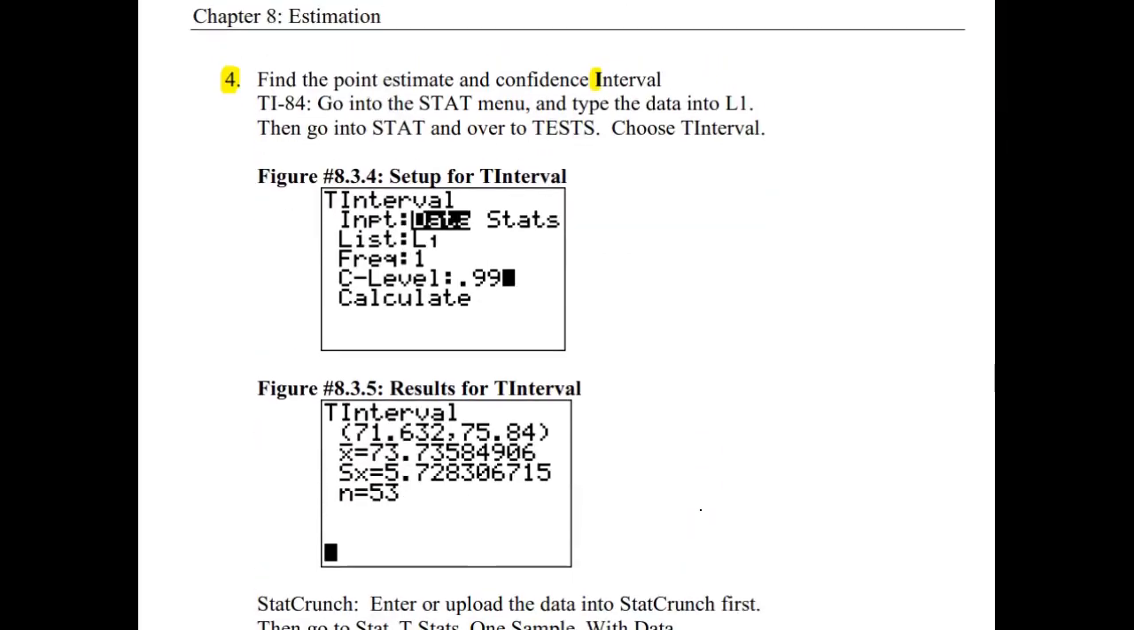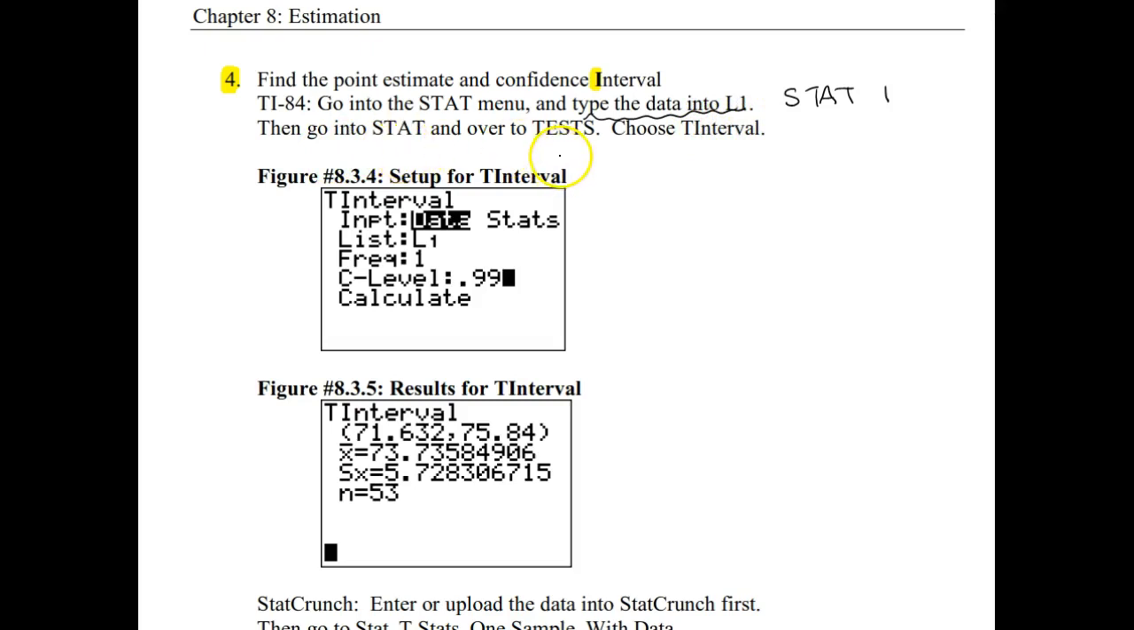So our step 4, so PANIC, the fourth letter is I, so we're going to get our interval estimate, and along with that we're going to look at our point estimate. So again, if we go into the stat menu and we're going to type that data into L1, you should pause the video here because you should actually make sure that your input and output screens look like the ones that are shown here. So if we go into the stat menu, so if we do stat 1 and enter the original data set, those 56 data points into list 1,